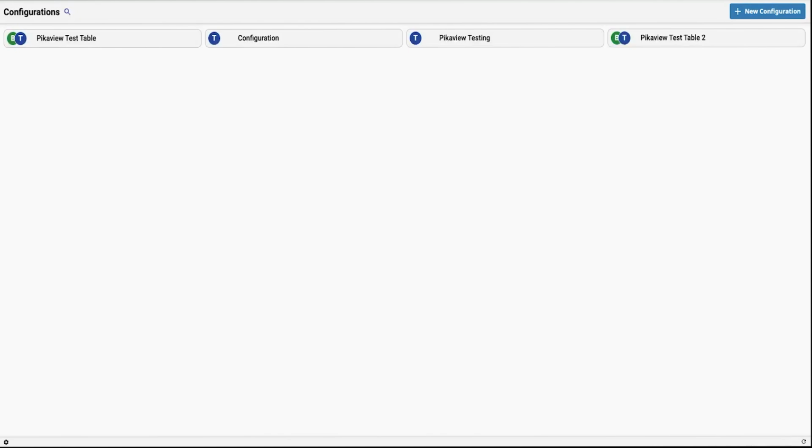Do you want to spend less time writing SQL queries and more time developing your application? If so, I'm here to introduce the Pikaview resource on the Ignition Exchange. This resource provides an object-relation mapping, or ORM for short, integrated with Perspective that can be used to easily create